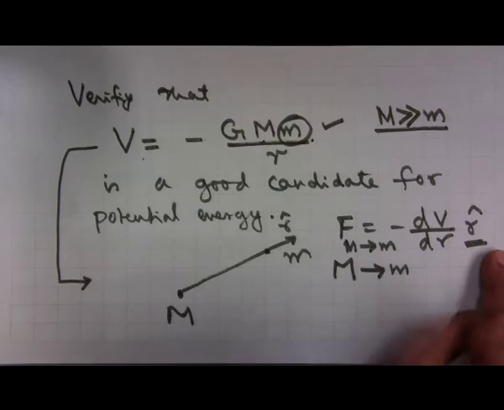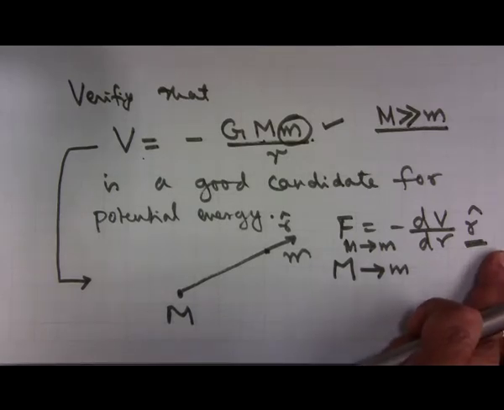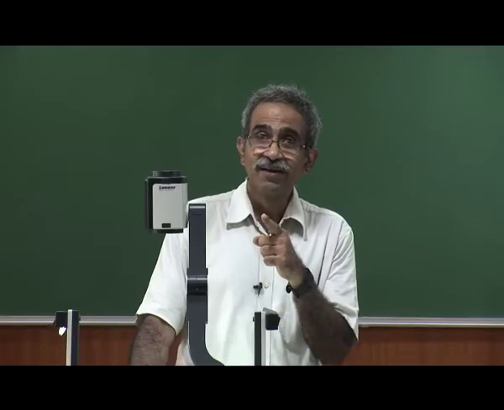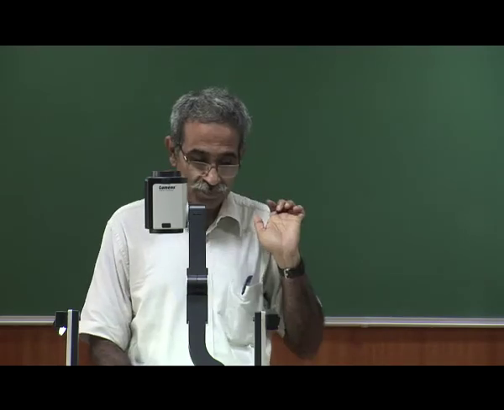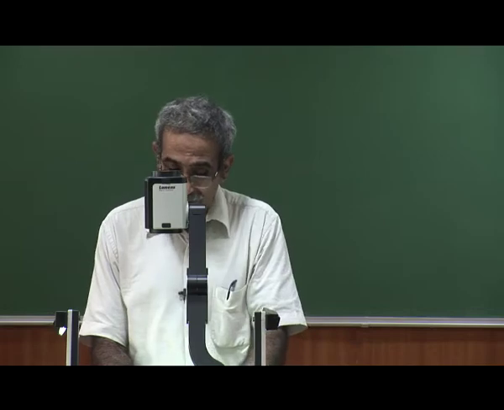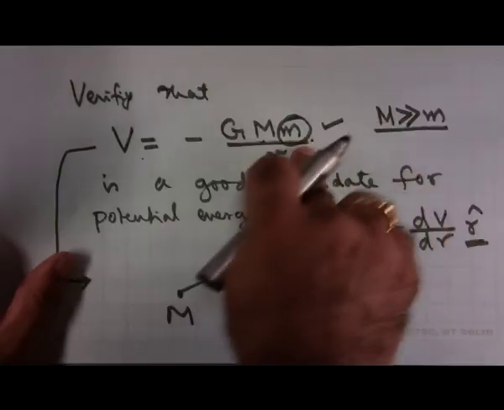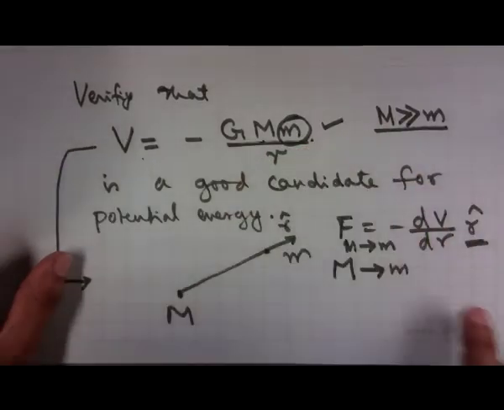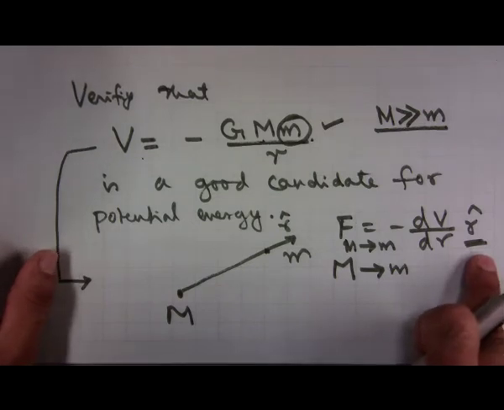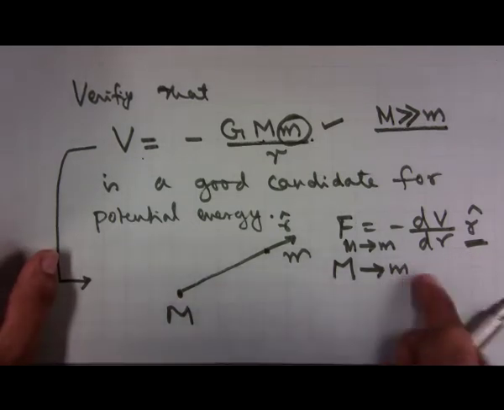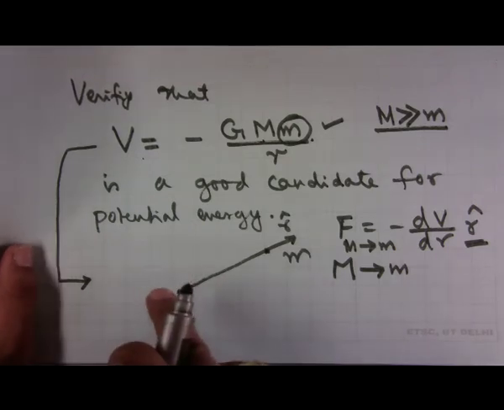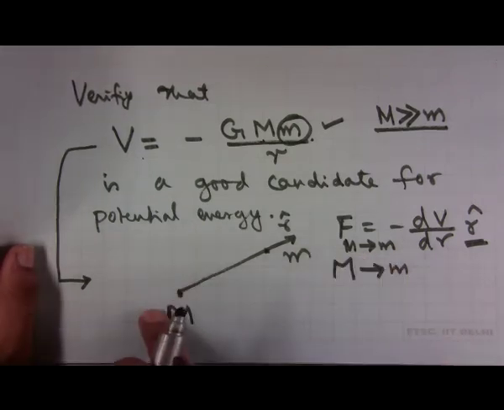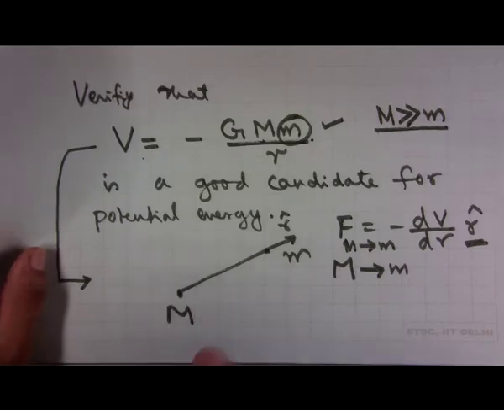So, this unit vector r always gives the radius vector from the object to the object on which the force is acting. If you remember that the potential energy is the same, it is only the way we define the unit vector. Is it from A to B or from B to A? That is what tells me whether I am looking at the force acted on A by B or on B by A. You are getting the point, right? That is what we are doing.